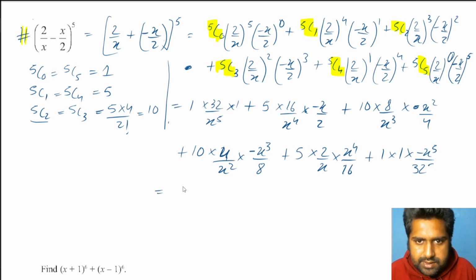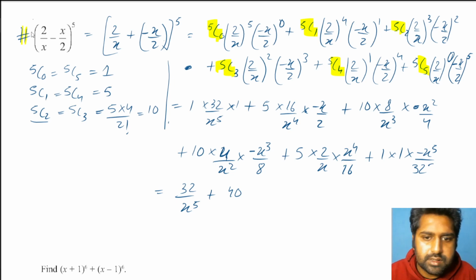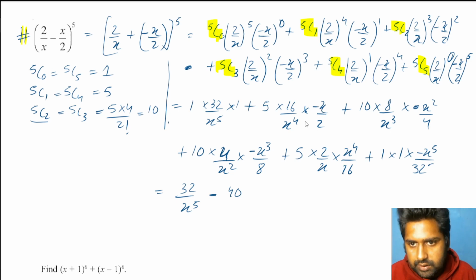Let's solve them. First one becomes 32 by x raised to power 5, plus next becomes, this will cancel, 2 and 16, 8, 8, 5, 40. So 40, and this term instead of positive will actually be negative because of this negative, and x upon x raised to power 4 will become x cube in the denominator, plus next term is 4, 8, it will cancel, so 20, and x square by x cube, so in the denominator only x, plus again